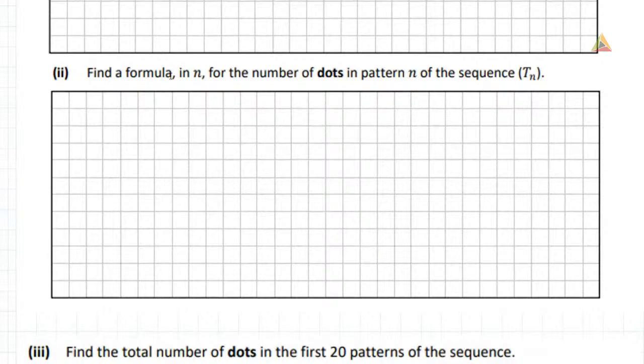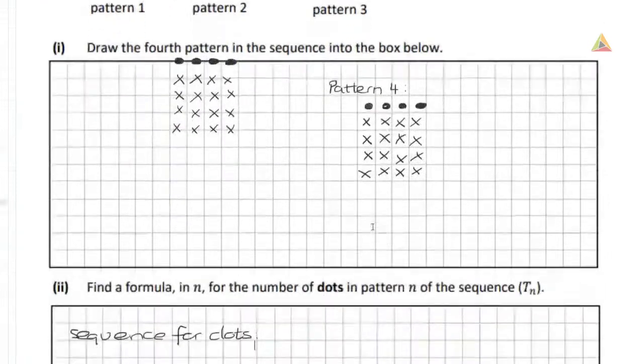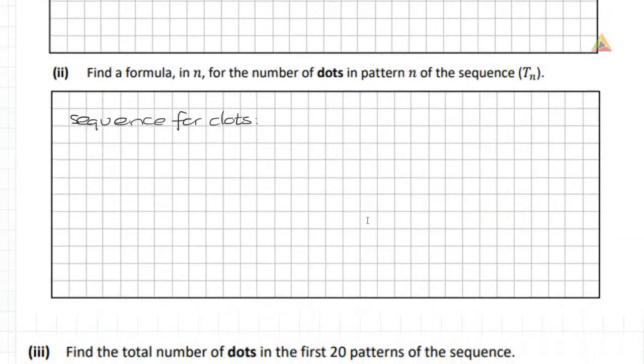It asks me to find a formula in n for the number of dots in pattern n of the sequence Tn. Now that's a kind of complicated way of wording it. What we're going to look at is the pattern or the sequence that the number of dots forms. So we'll say the sequence for dots. So when we look at the pictures that they've given us, we had 1 dot, then 2 dots, then 3 dots. And in the one that we drew, we had 4 dots. So we're going to say our sequence is going to be 1, 2, 3, and 4,